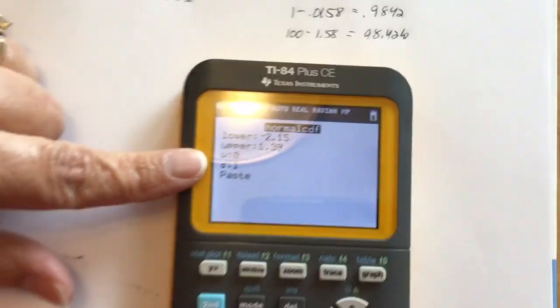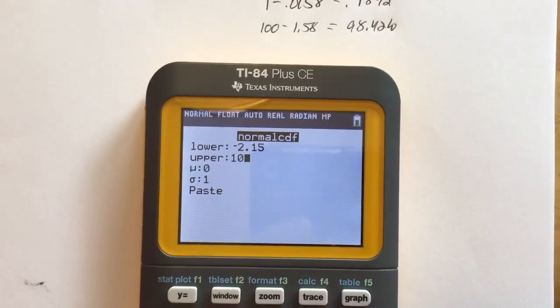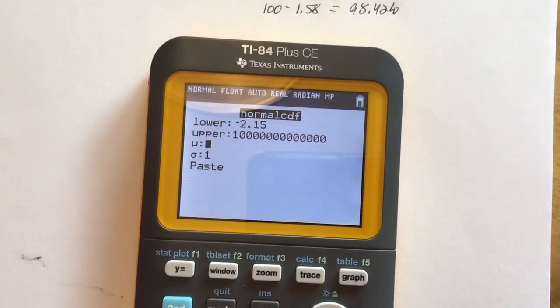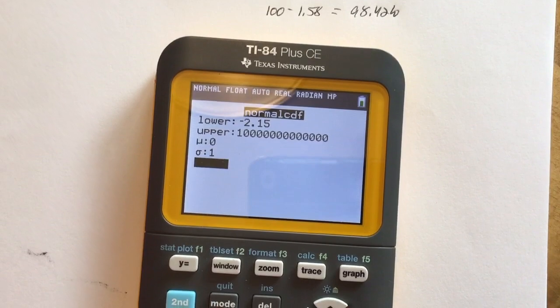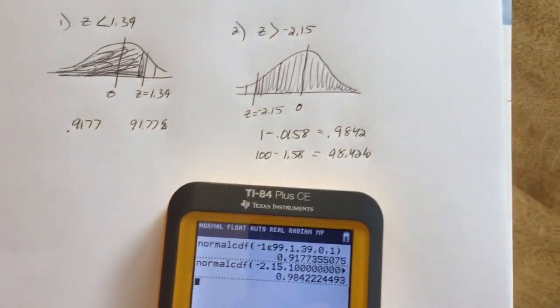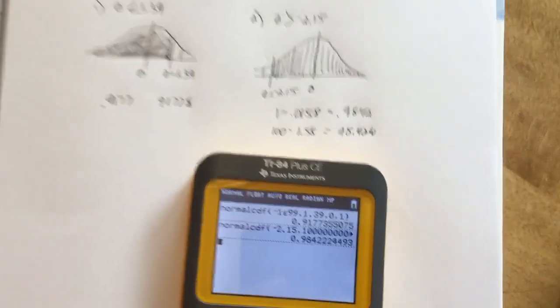So come back to the calculator. So I just have to type in, oh, you got a glare. The largest number I can think of, so I'm just going to put 1 and as many zeros as it takes for me to talk. Okay, and we got our mean of 0, standard deviation of 1, and I paste that in, and lo and behold, we get the exact same thing. Gotta love it. Okay, everybody good? All right, number 3